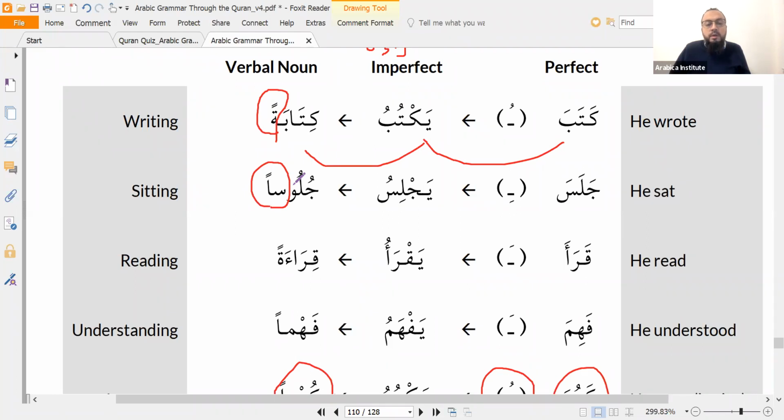What's the number of the verbal noun? Is it singular, dual, or plural? Singular. If I say happiness, is that singular, dual, or plural? It doesn't have one. Unknown. Yeah, in concept, it doesn't have number either. No gender, no number. However, when you're using it, you can sometimes have plural. So you can have qira'atun, readings. So you've made a plural out of it. Again, you've made a physical plural, although in its pure concept, it can't have a plural because it's a diffuse concept. Okay, it's not a concrete thing.